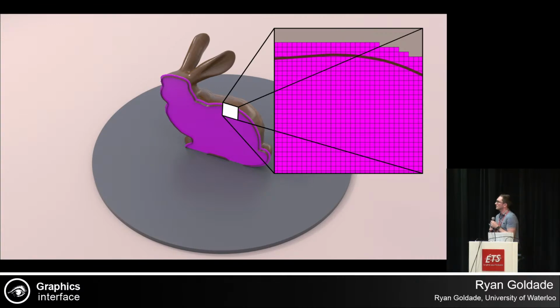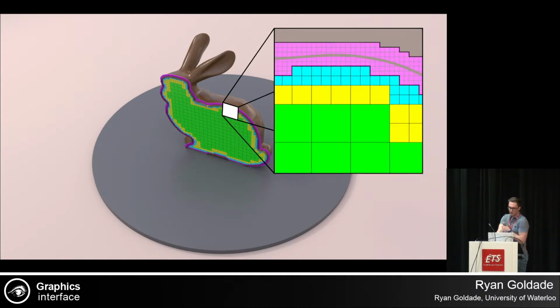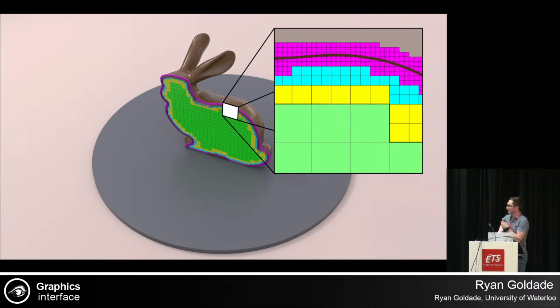Okay, so simulating this bunny here, the regular grid method would just stuff the bunny with these magenta cells. But something we observed with viscosity is that the viscosity damps out the velocity field in the interior of the liquid. So we can approximate the behavior of the liquid with an adaptive strategy, and we don't lose much visual detail as a result. So the idea here is that we would maintain a fine layer at the surface of the liquid, the magenta cells, and then we'd gradually coarsen from cyan to yellow to green until we have the interior of the bunny filled with these coarse cells.